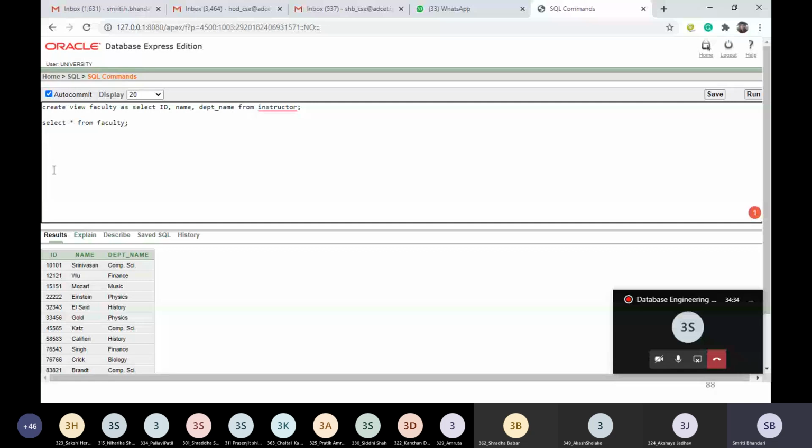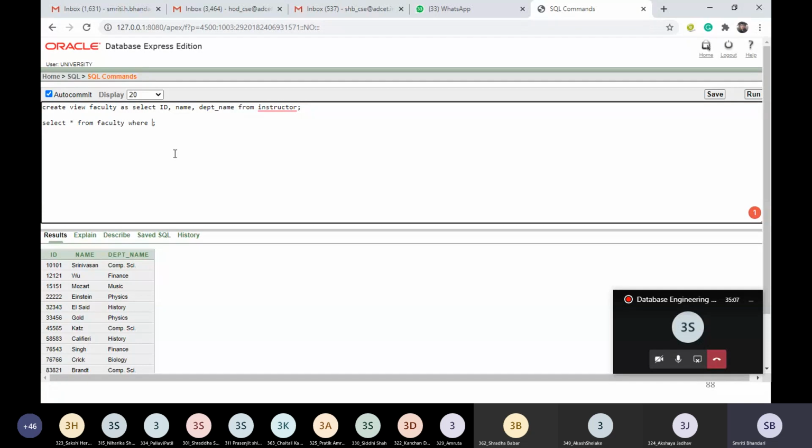Fine. Now, please note that if I have this view and I want to provide some predicate, suppose the clerk wants to get the data of the faculty only from the computer science department. The clerk has access to this view faculty and not the instructor table. But if the clerk wants to extract data from the computer science department only, it is possible to provide the where clause with the view as well.